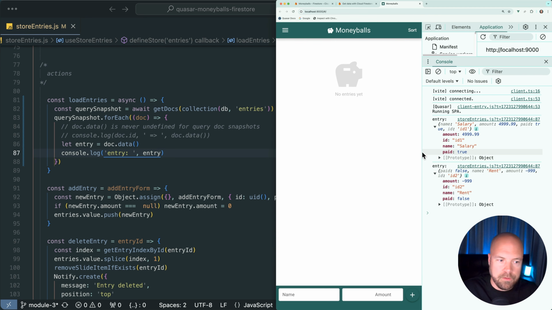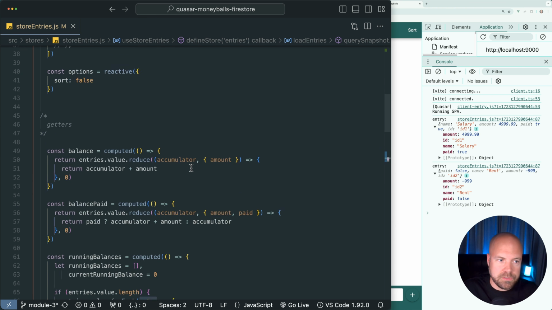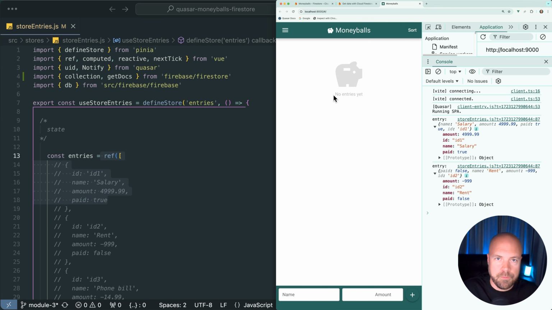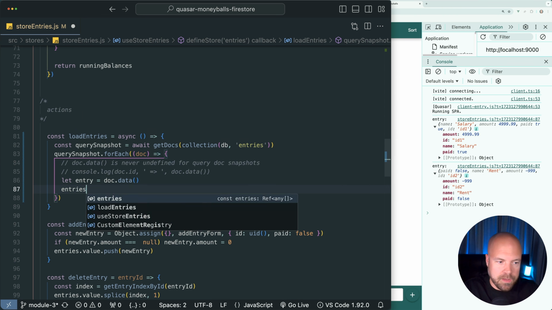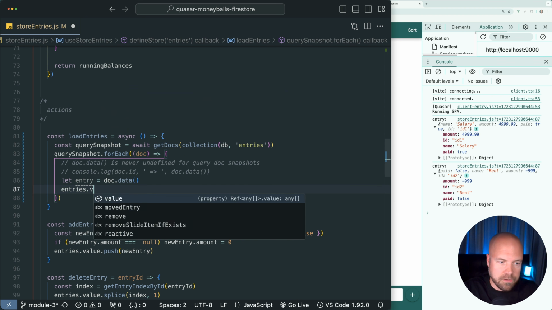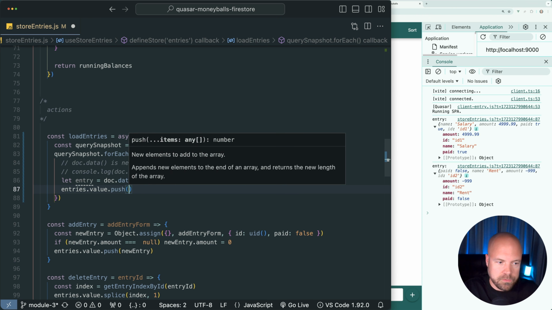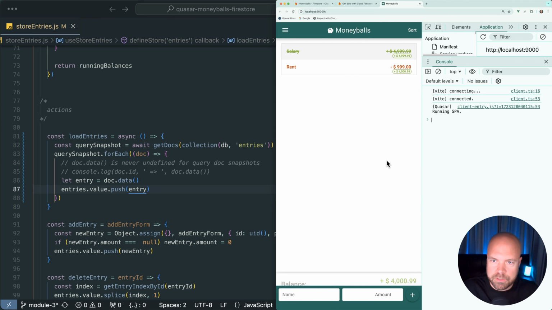So all we need to do now is push this entry variable into our entries array ref in our state in order to see these entries appear on the page. So let's remove this console log and we'll grab our entries array, and the value of this is our entries.value. And we'll just push this entry variable to this array and save that. And if we reload the page, we can now see these entries which are stored in our Firestore database being